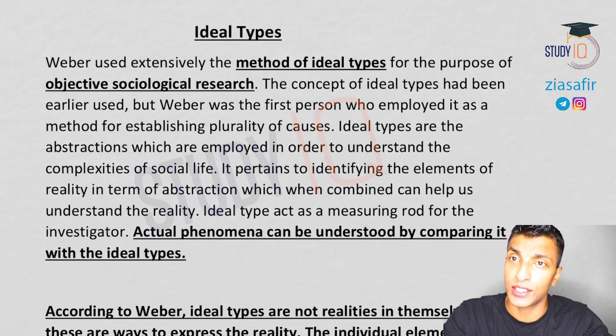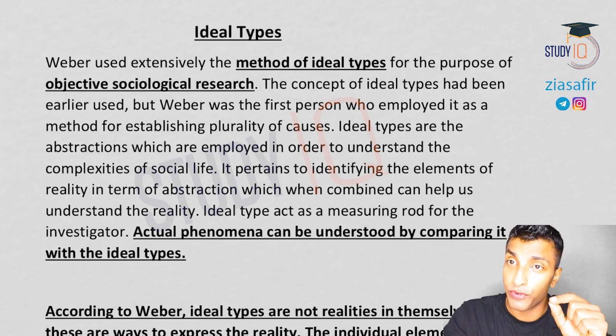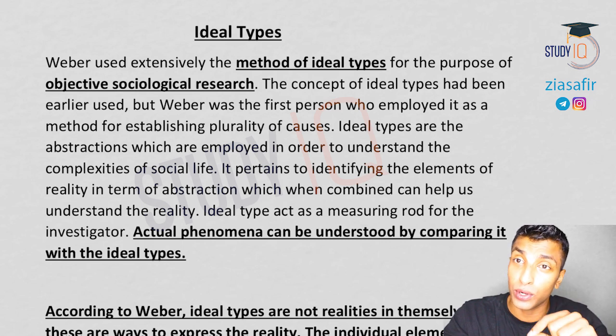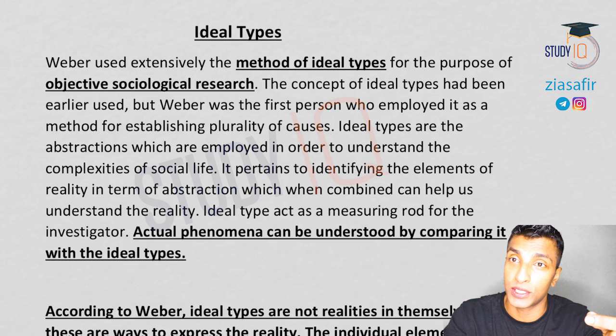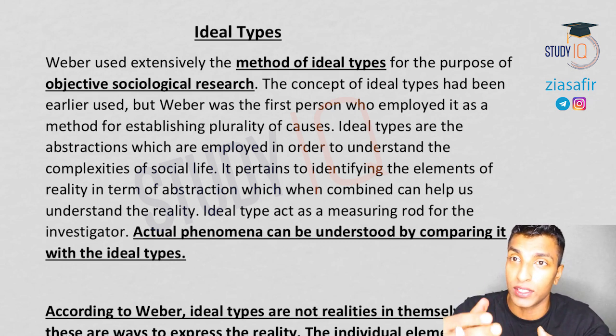We have already done the discussion on Verstehen. I have given you content for 20 marker, but 10 marker will be asked. So I have taken a separate session on social action, and then after that we have taken a separate session for Verstehen. For 10 marker we have prepared that, and we have also taken a separate session for causal pluralism or causal probabilism, and I have given you example also, and I have shown you the demonstration of the use of causal pluralism in different cases, in case of social action, in case of Protestant ethic in terms of spirit and substance. If you remember, we have discussed, and I have shown you that demonstration also with the diagram.